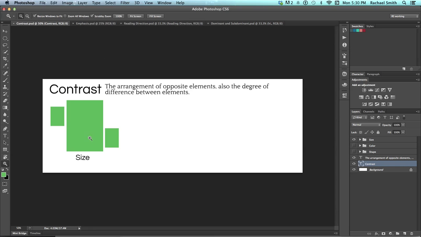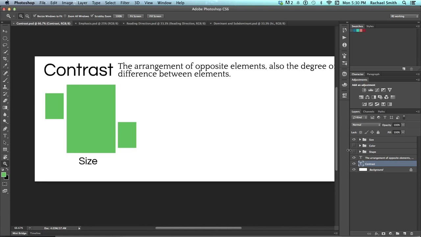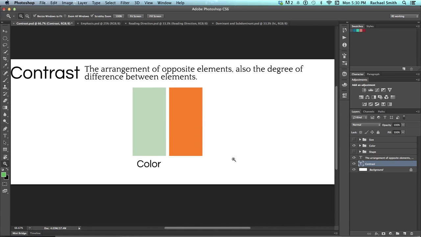So in this little grouping, I've got 3 rectangles, but 2 of them are smaller and the one is bigger. So by creating a larger element than the others, I've given it more contrast, and that's where my eye went the first time. The next thing we can use is color, and by utilizing those color schemes that we've talked